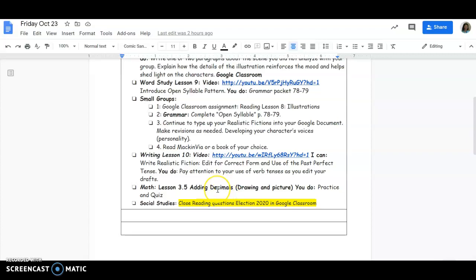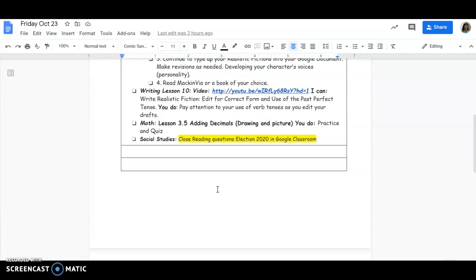And then in math, we're moving on to 3.5. I put in parentheses to draw the picture. So this is adding decimals using pictures of your base 10 blocks. The video is going to go over how your base 10 blocks change a little bit when it comes to decimals. And then remember your social studies closed reading questions are due today